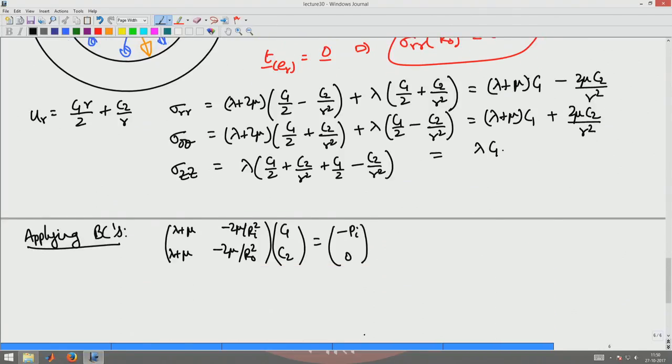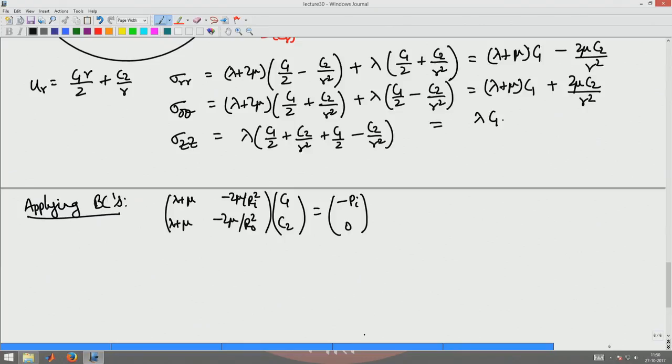Okay. Now, I solve this equation to get from here C1 C2 is 1 by lambda plus mu 2 mu 1 by Ri square minus 1 by R naught square,